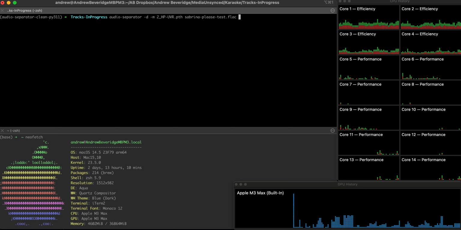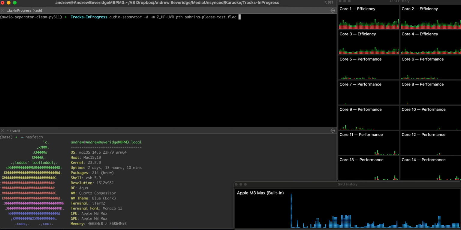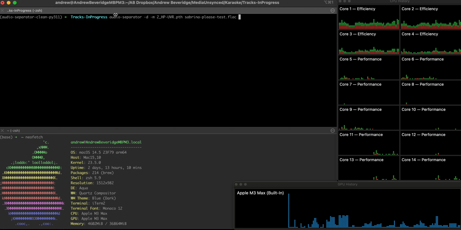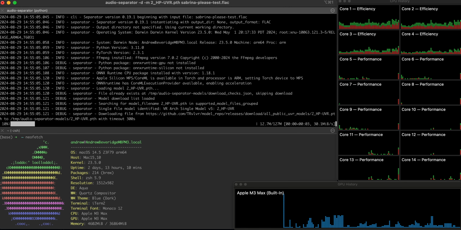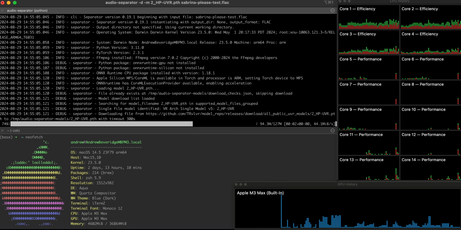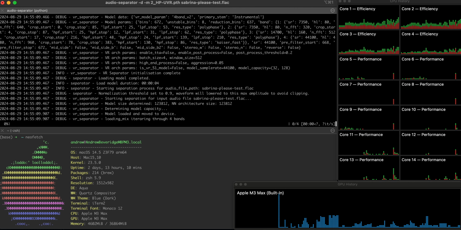Okay, so I'm just going to do a test separation using the latest version of audio-separator with a couple of different models. So this is a model that I know is particularly fast. So once it's downloaded,